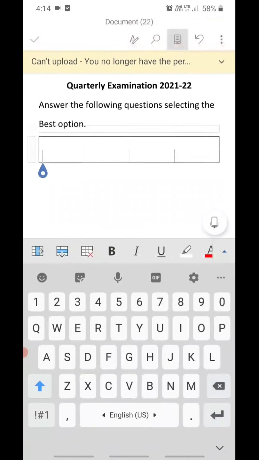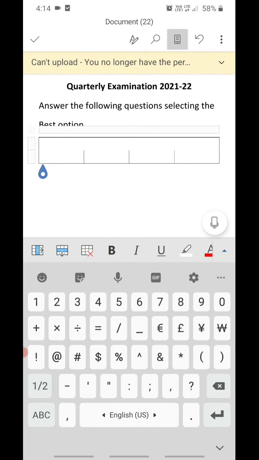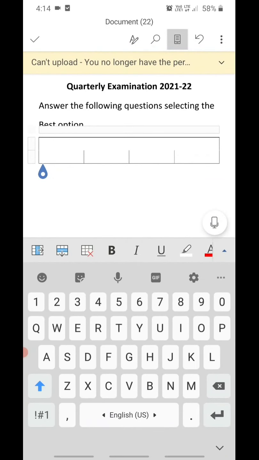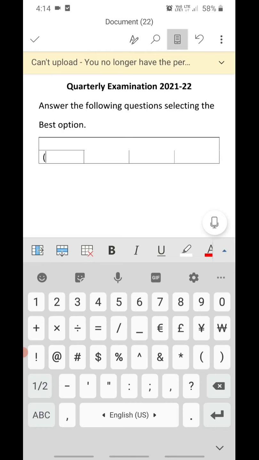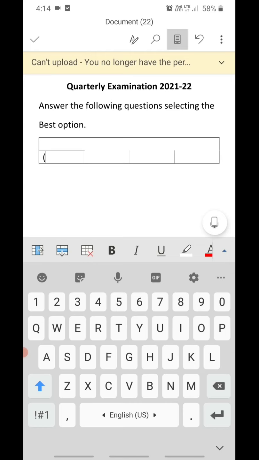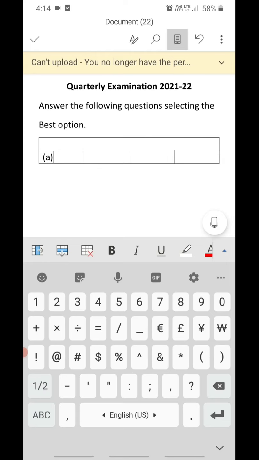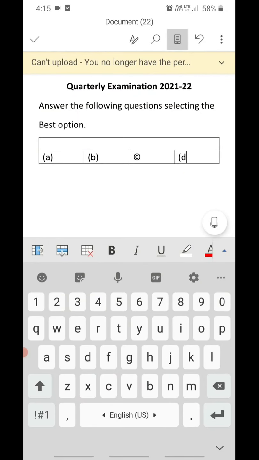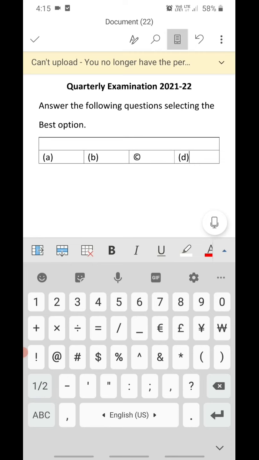Here I will insert my options. A, the second, D. So all the four options will be aligned properly if we use the table.